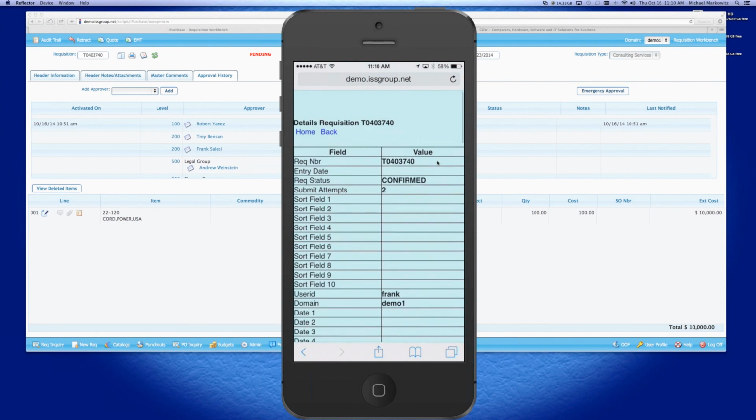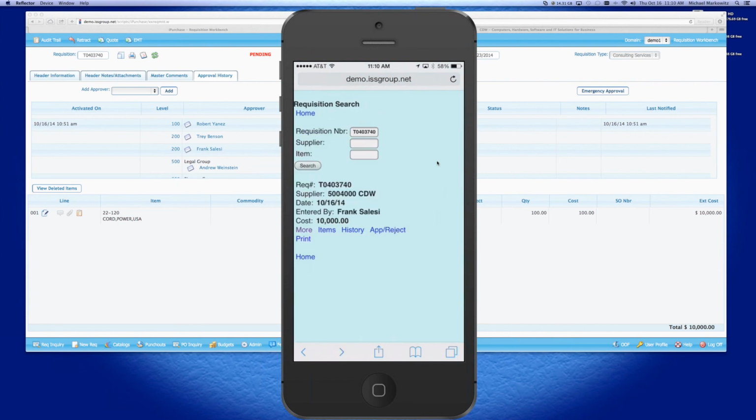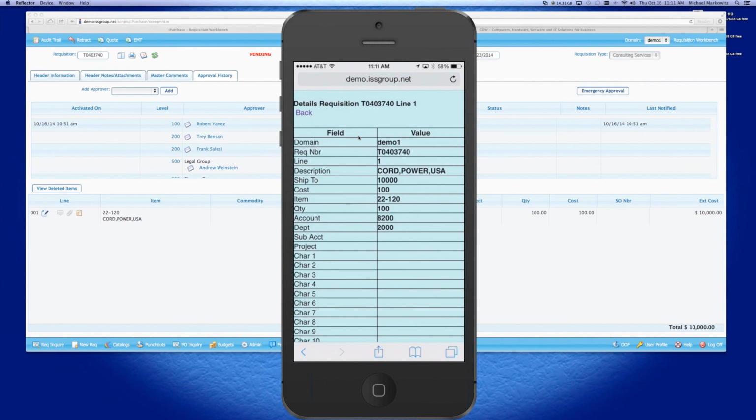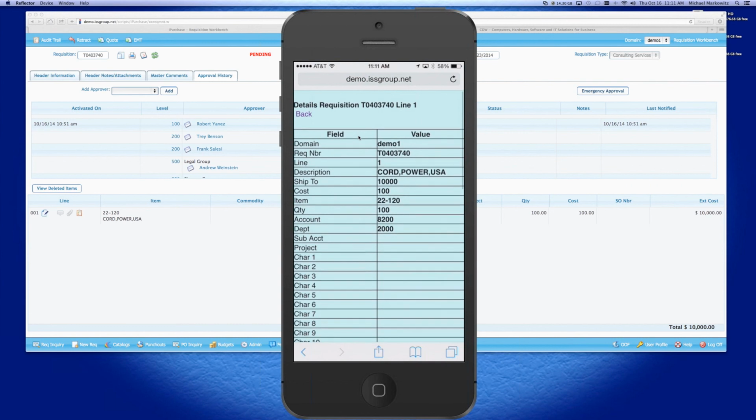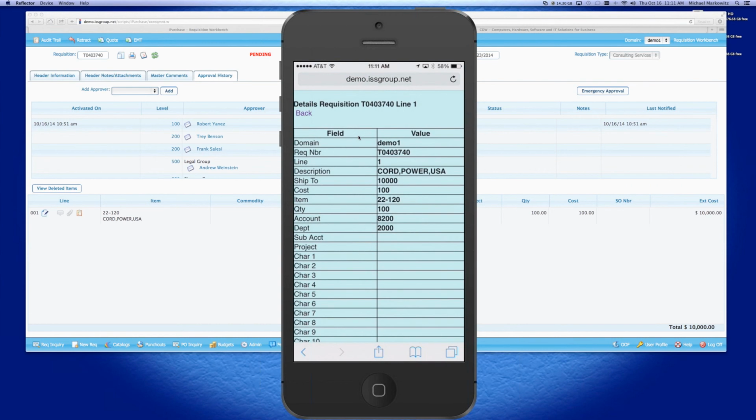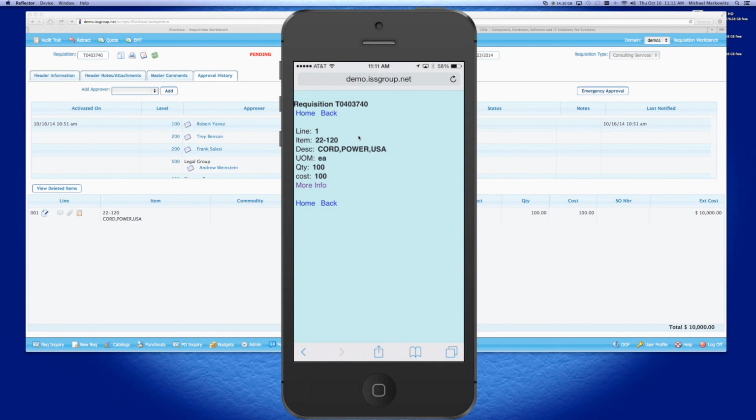If I go back, I can look at the line items within the requisition. Now, obviously, this requisition only has one line item, but if it had two line items, they would both be listed here. I can click More if I would like, and it will show me again all the fields that are on the screen, that are on the line item. If I go back, and I go back again,